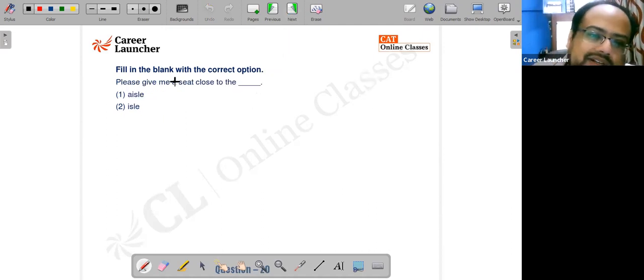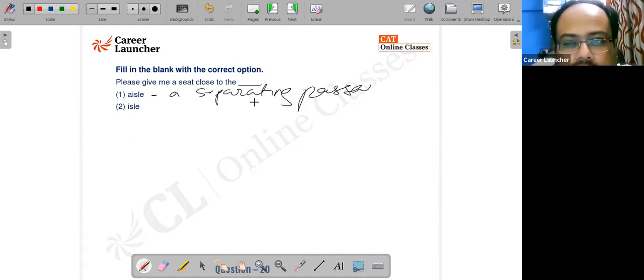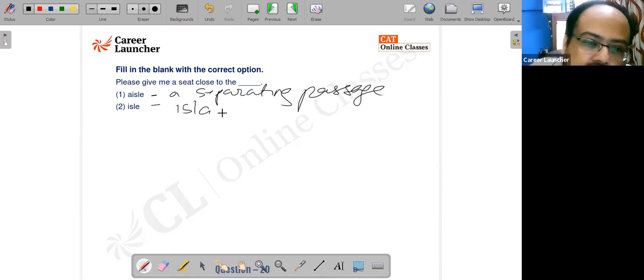The next set of words, aisle and isle. The first one refers to a separating passage. The second option is a short form for island, I-S-L-E. An aisle is a separating passage, generally between rows or columns of seats. So when I talk about please give me a seat, it goes to the dash. It is the first option, a separating passage. If I consider the basic seating structure of an aeroplane,